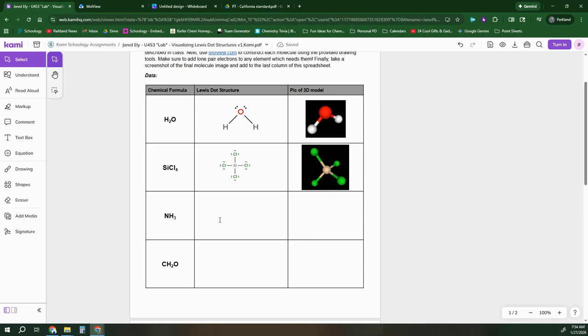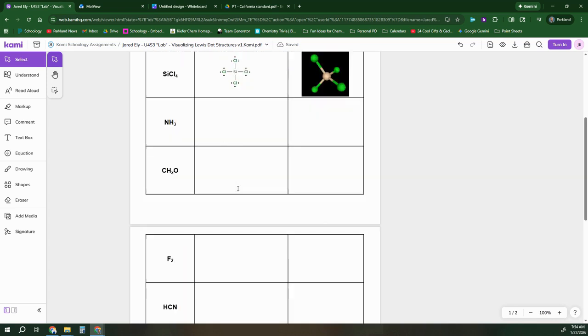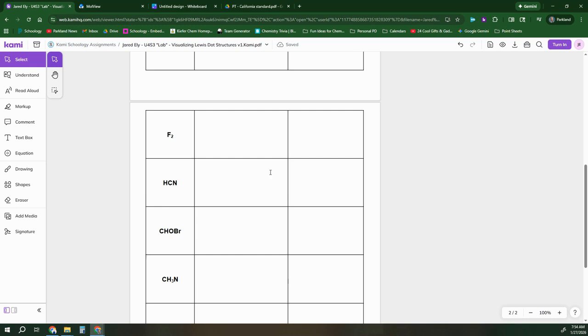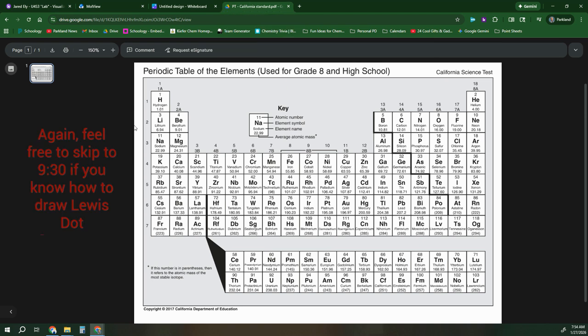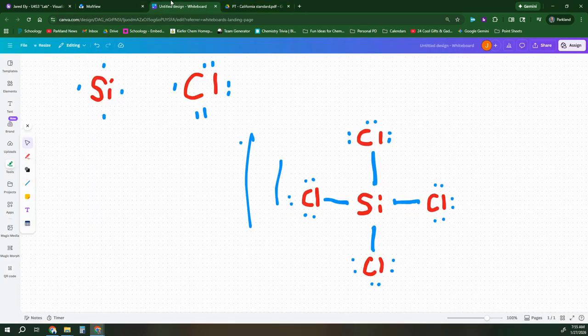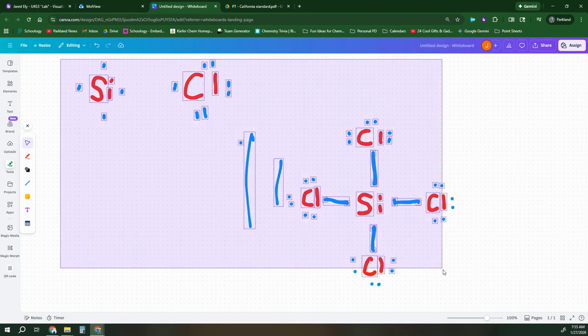So that's really the lab. I want to show you one more example to show one more function of the software. What I'll do is I'll head down to, say, HCN and show you how to do HCN. First, we need to find our Lewis dot structures. On my periodic table, H has 1 single electron, carbon has 1, 2, 3, 4, and nitrogen has 1, 2, 3, 4, 5. So going back to my whiteboard, if I just clear all of this stuff